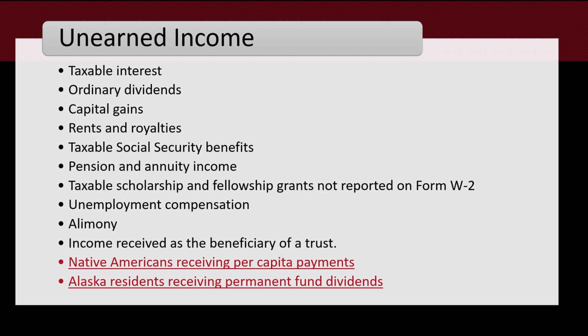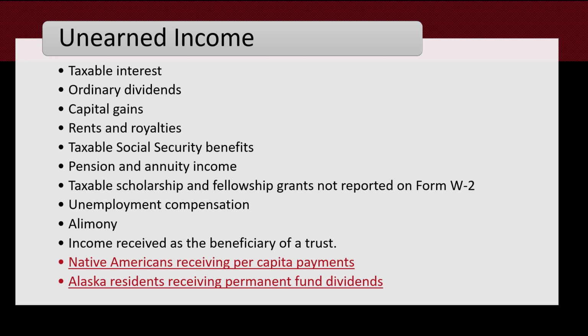And then unemployment compensation is unearned, alimony, and income received as the beneficiary of a trust. And then a couple more specific ones that we're adding into this discussion are Native Americans receiving per capita payments and Alaska residents receiving permanent fund dividends. And both of those are types of income that will come in on a Form 1099-MISC in box 3,